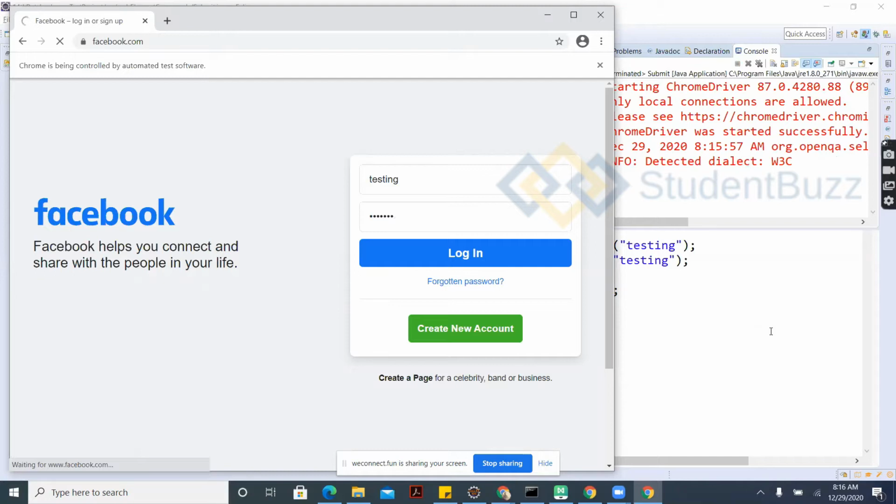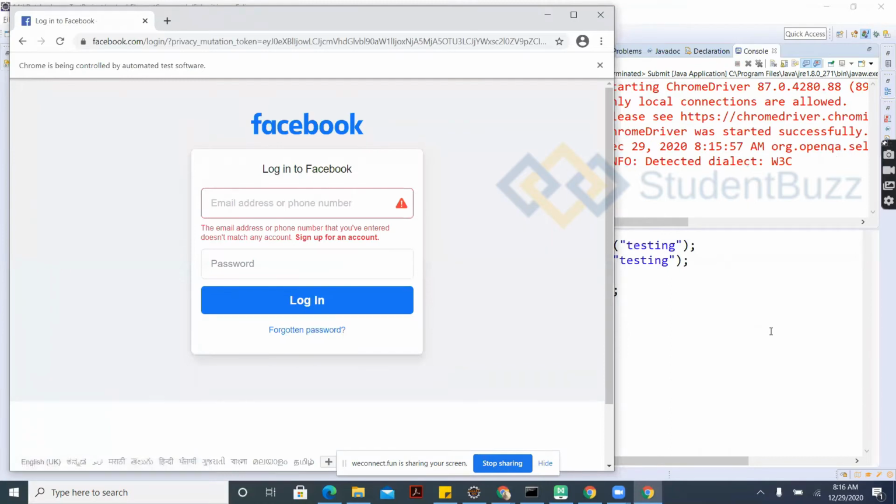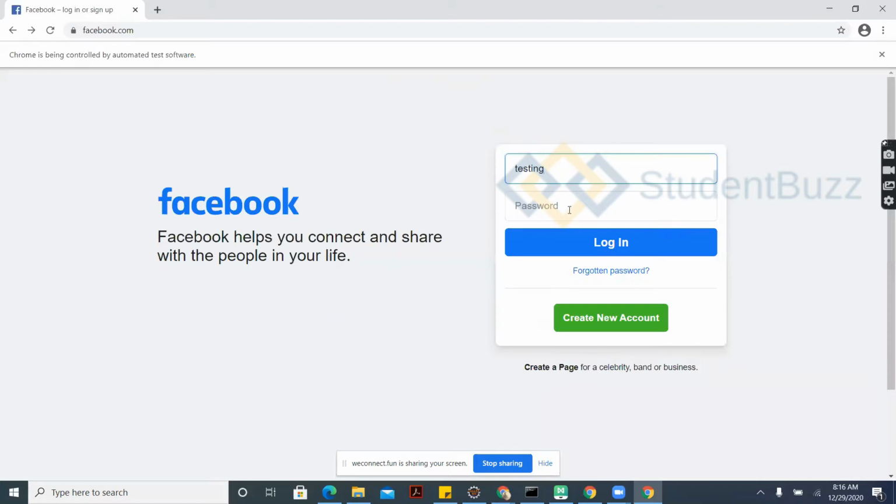I can do this click operation as well as this submit operation. When I do this submit operation, it does the same as the click operation. So you have seen, right, the email address or phone number you entered does not match, because I entered a duplicate username and password, right?